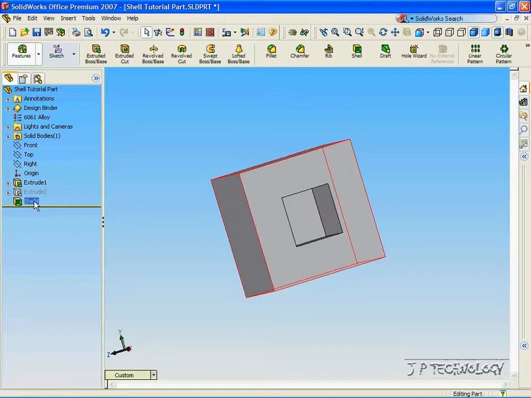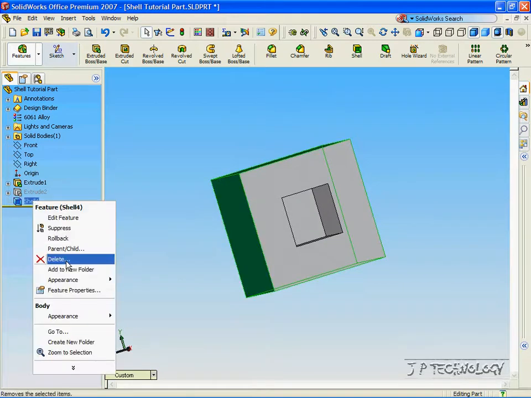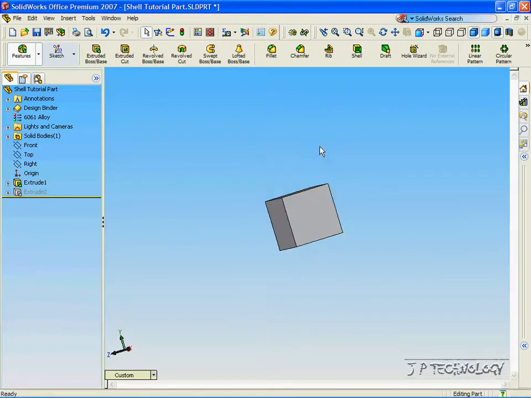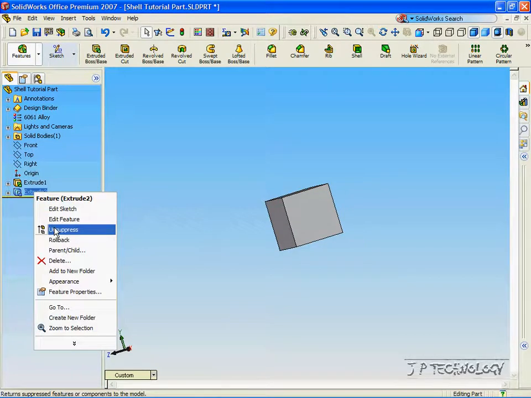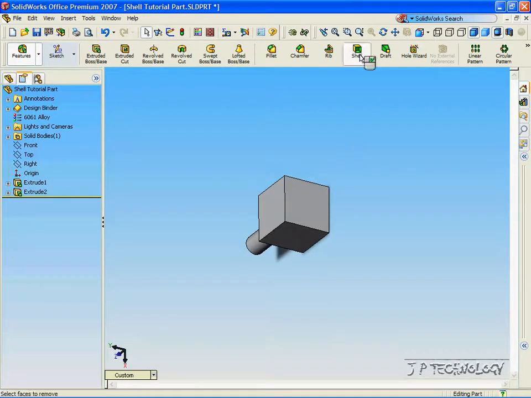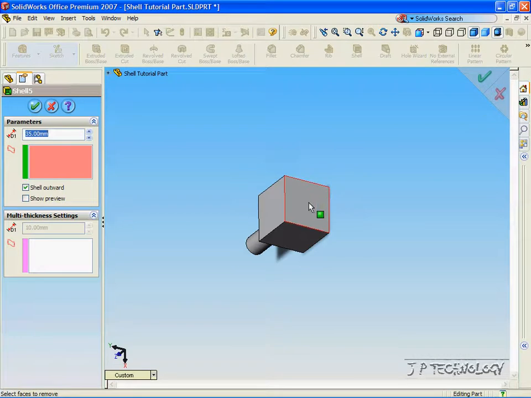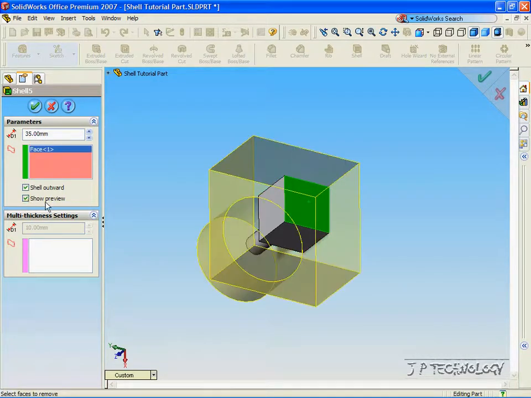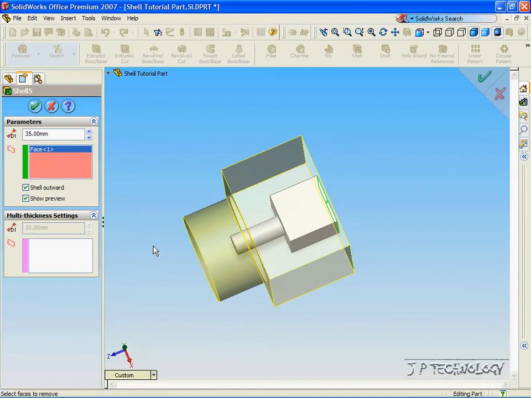Now right-click Shell and click Delete. Now right-click Extrude to and unsuppress it. Now we're going to make a shell with both of these parts. Click Shell, click this face here, click Show Preview, and now it shows the shell that we're going to create